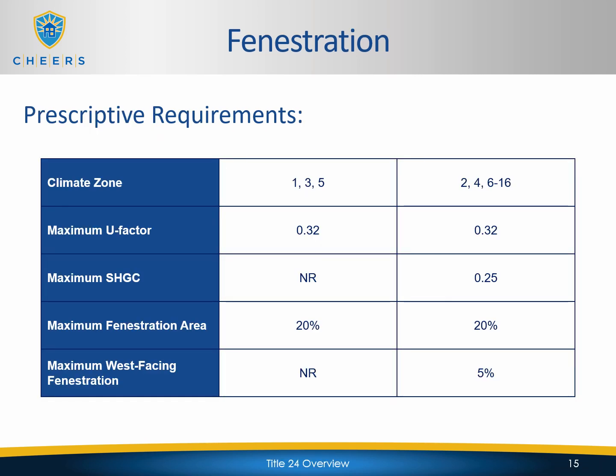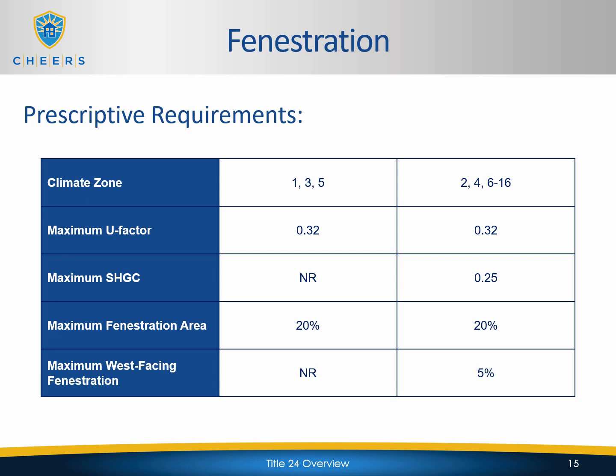So it cannot go above 0.58. Now, the prescriptive requirements are based on the climate zones. The 0.58 is a mandatory requirement, meaning that it cannot go above that, but prescriptive requirements are based on the climate zone that you're in. So in climate zone 1, 3, and 5, the maximum U factor is 0.32. There is no requirement for solar heat gain coefficient. We'll talk about the fenestration area in a sec. For climate zone 2, 4, and 6 through 16, same U factor, 0.32, but the maximum solar heat gain coefficient is